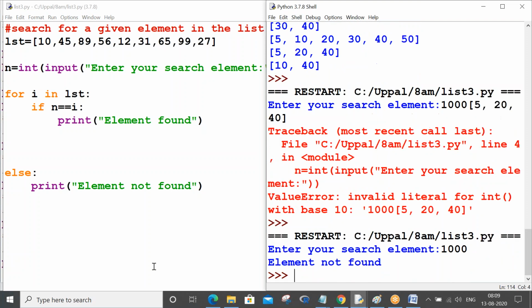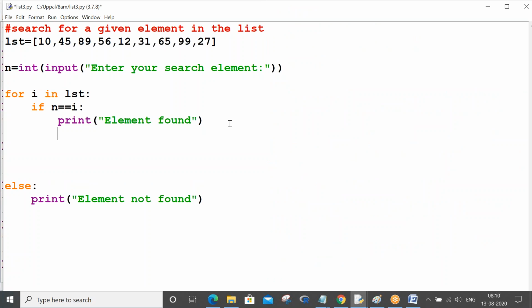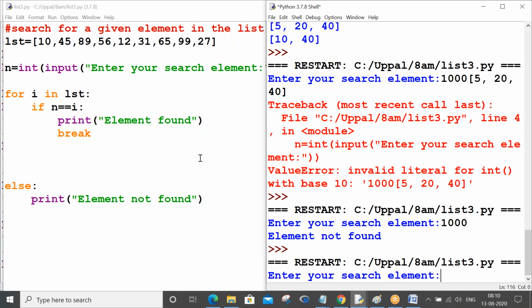See, 1000 means element not found. But after finding the element, what is missing here? Break statement is missing, right? When the thief is found, the constable gets out of the classroom and stops his search. Likewise, here also it's a search, it stops.